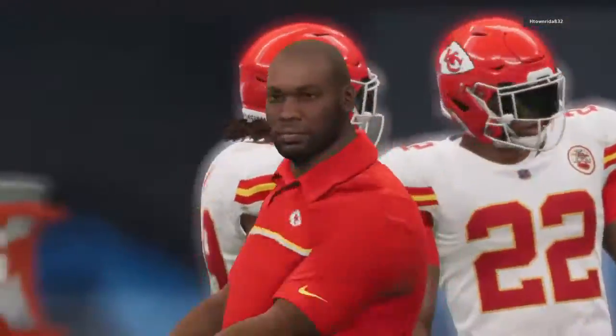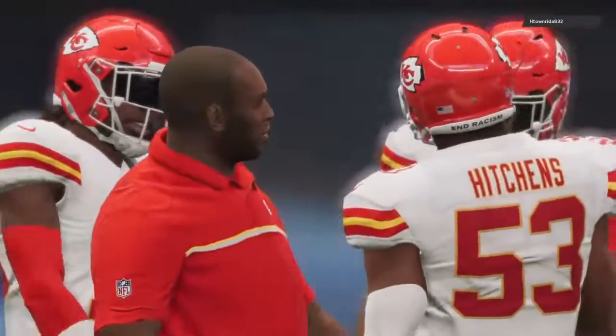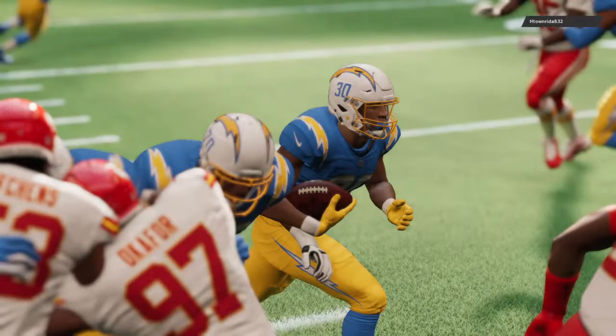And they're moving on to the conference championship. How about this? What a tremendous feeling to get to the game that can get you to the Super Bowl. A fantastic